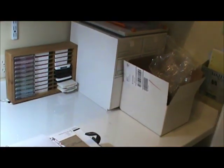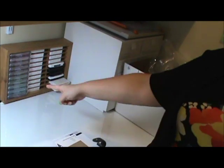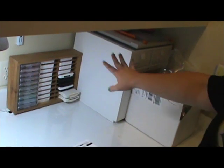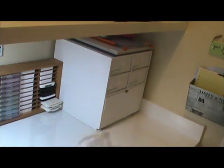And here is all my ink pads, and I got that thing at Goodwill. So it was like $1.99, and I was like, oh my gosh, I have to have that. It's like an ink pad holder. So those are my most used ink pads. They're not all of them. This is a package, but...